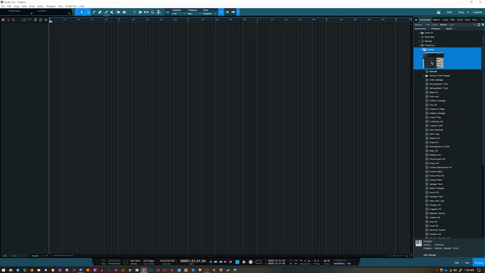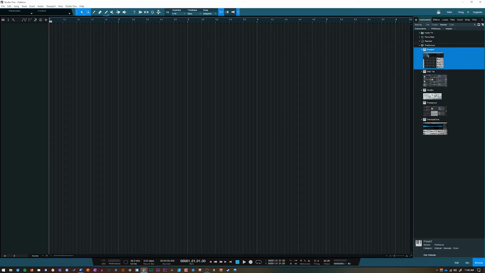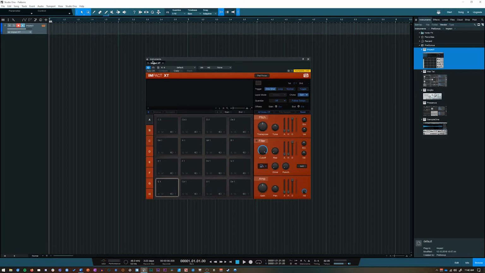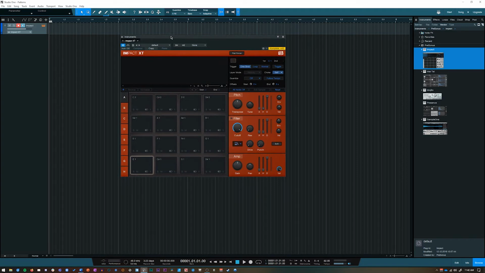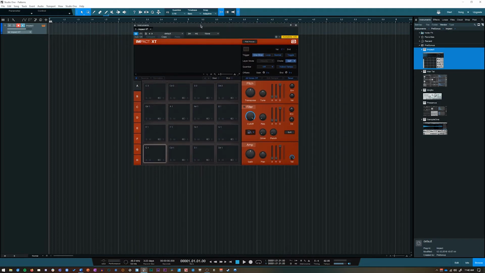So to get started, let's go ahead and create an instance of an instrument we have not specifically created before, but let's use the Impact Drum Sampler. Now, if you are on Studio One Artist, this instrument is still available, and it does come with a limited library of sounds. However, it is easy to add your own drum samples to this instrument if you would like,